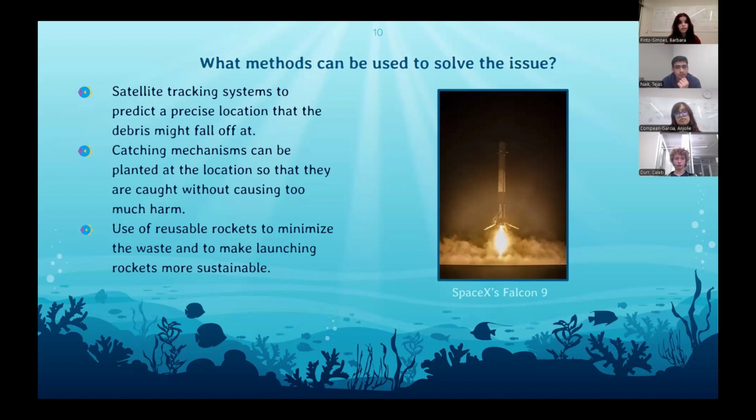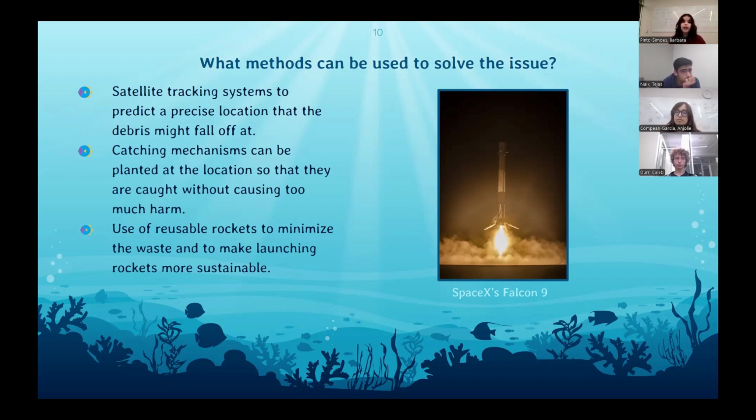So the use of these is to predict a precise location in which the debris might fall when it enters the Earth's atmosphere, because a prevalent issue is that sometimes there can be a range of where the debris is going to fall, but we won't know exactly where in the ocean it's going to fall, and that causes issues when it comes to retrieving